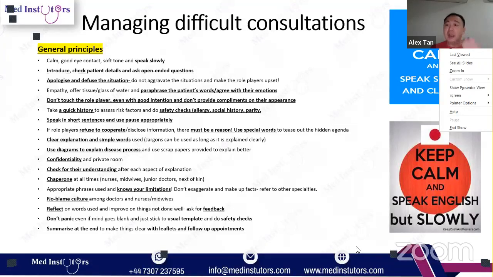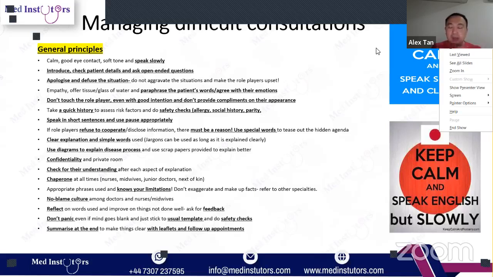You're checking the patient does not have certain drugs which interact with other drugs that you're going to prescribe. You're checking you're not giving a drug that she reacts badly to. You're checking that the patient has not had previous surgery that makes her not fit for a certain treatment option. So these are things that I would normally advocate you to take before you start counseling for bad news.